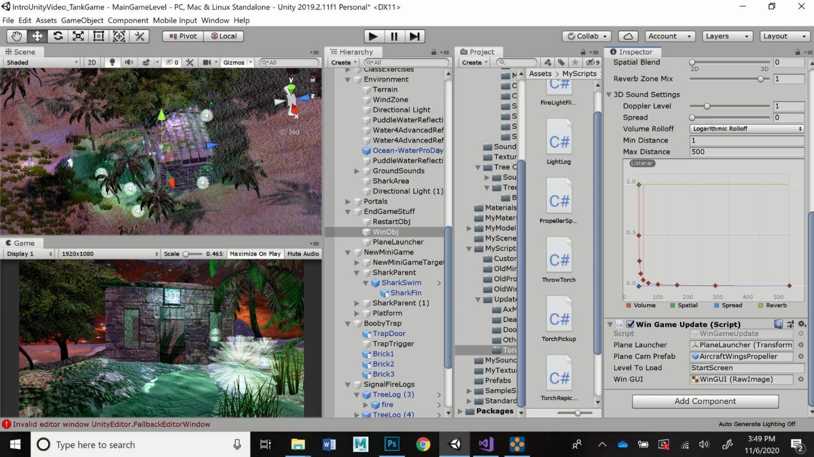So the win game update script has several arguments going into it. You can see there's a plane launcher, which is a transform. There's a plane cam prefab, which is aircraft wings propeller. This is just an object that came with the standard assets. It's a plane, and I took one piece of that standard assets object. It's a prefab in your standard assets,